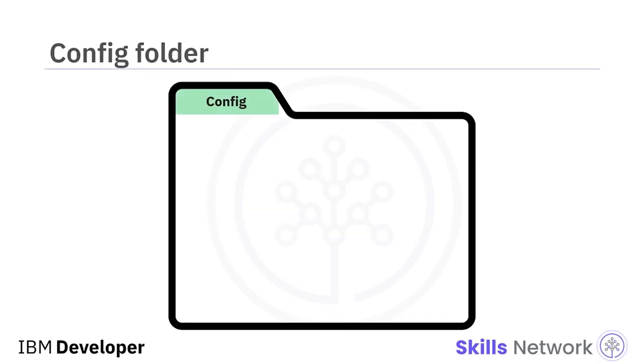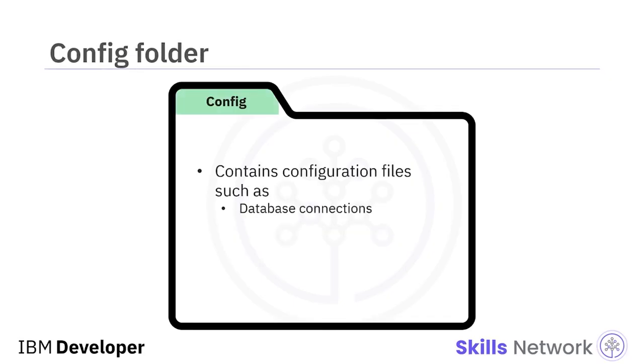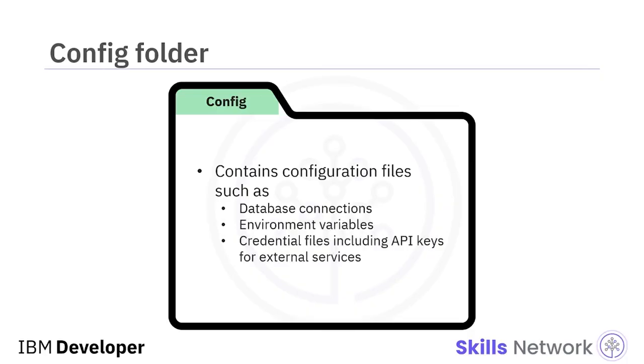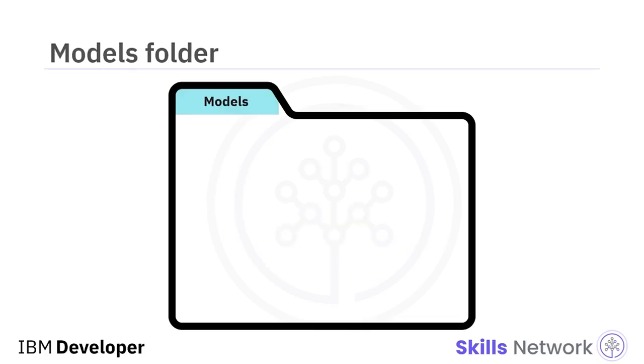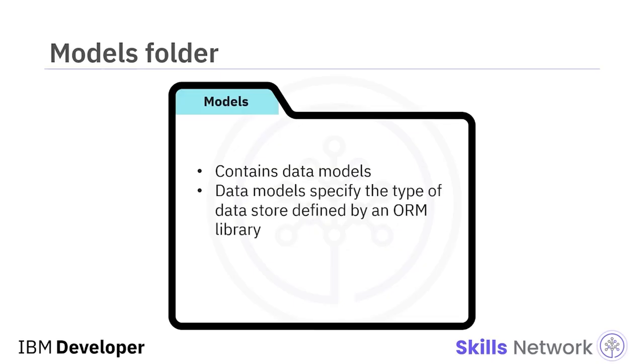The config folder should contain configuration files, such as database connection configuration, an environment variables file, and a credentials file containing the API keys for external services used by the application under development. The models folder contains the data models for the application. The files specify the type of data store, such as relational or non-relational, and are defined by an object relational